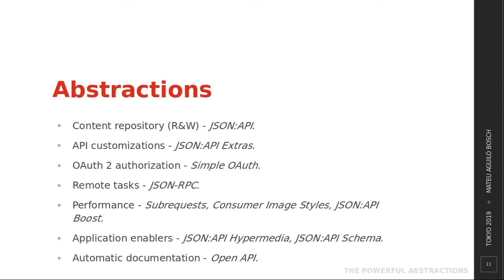explained before. So some of the nice things that happened in order to provide these abstractions are you have a completely available content repository for read and write using the JSON API project, and that allows you to get data from the server and put data on the server. And in that sense, we are almost done, but there are other things that are necessary in order to abstract the whole Drupal. Like, for instance,